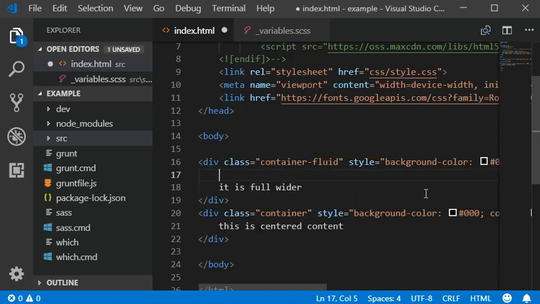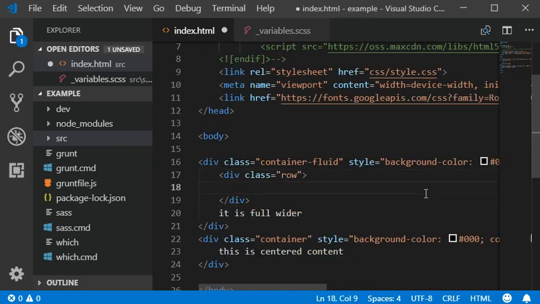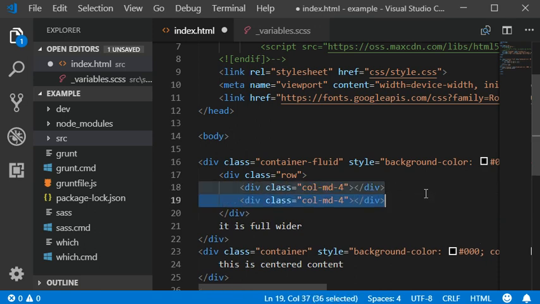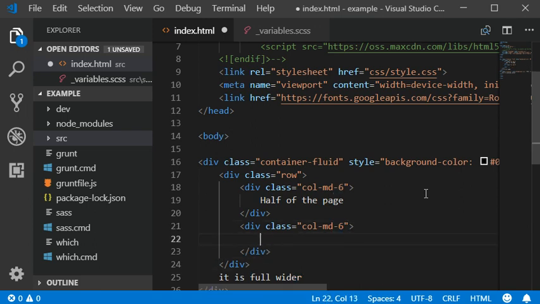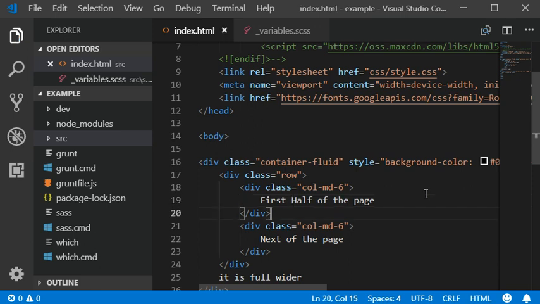So I'm going to define the row here, and then columns here, col-md-4, and then 4, actually 6, because we need to cover half of the page, and we need to cover the next half of the page. This is our first half actually, and then